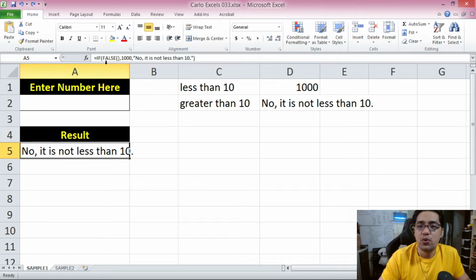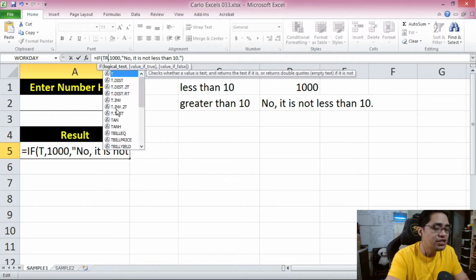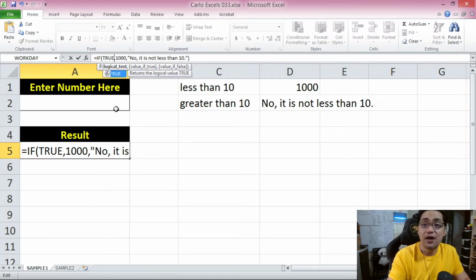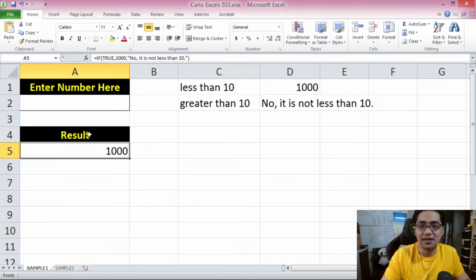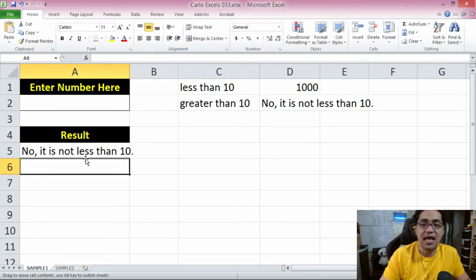Now, just one note. In fact, you don't even need the open and close parentheses for the true or false functions. You can even just type in here true without the open and close parentheses, and if you press enter, this still has the effect of the true function. If you put in false here without the open and close parentheses, this has the same effect as the false